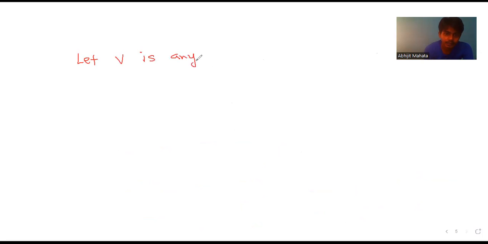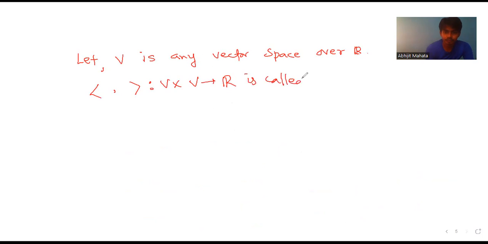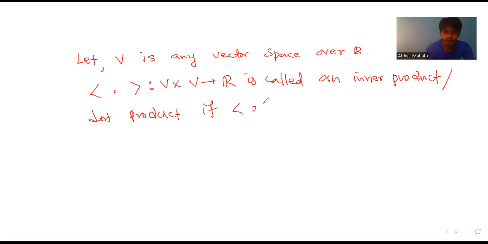V is any vector space. Of course, I am assuming it is over a real field. In the complex field, you have to change it a little bit, but let's say we are assuming everything is over a real field here. A function, I am writing like this, V cross V to R, is called an inner product, or you can say the dot product, if it satisfies